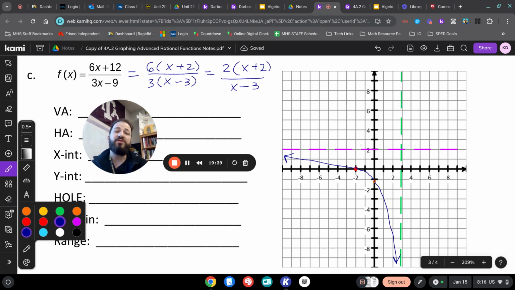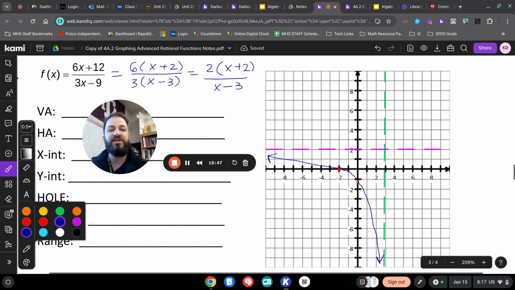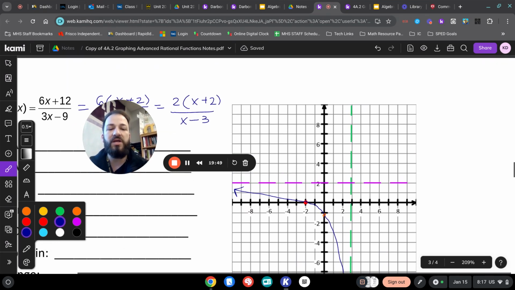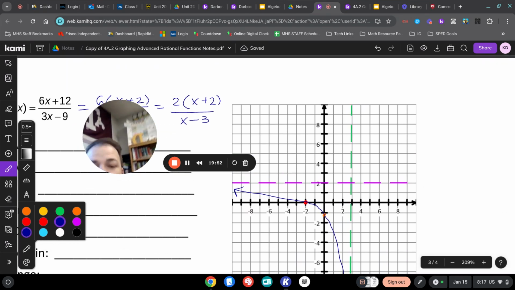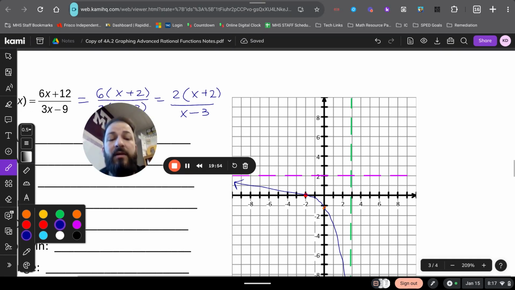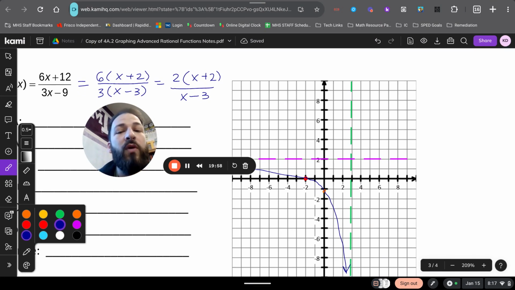Okay. And if our rational function stays true to the way they should look, we should have one that is symmetrical and up in that top right box. But if we wanted to check, if we wanted to be totally sure, we can just pick a number just to the right of that vertical asymptote to plug in. So in this case, let's plug in 4. So if we did f of 4,